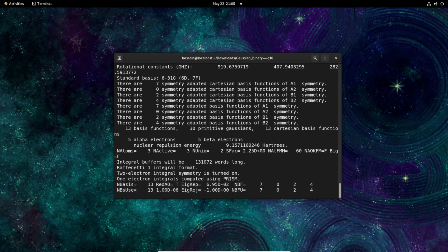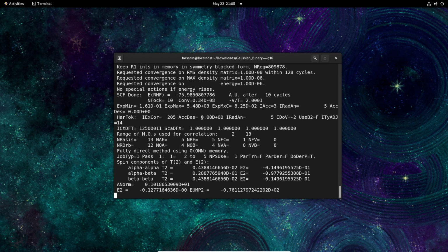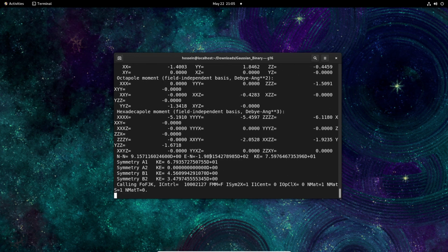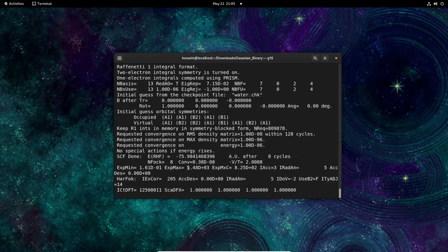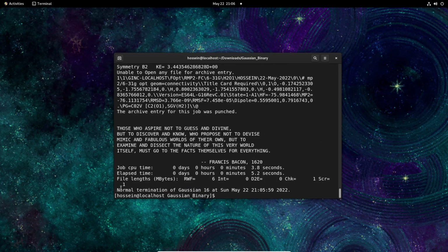Okay, you can see that the job is running and everything is good. And at the end of the file, I have normal termination of Gaussian 16, which says that everything is okay.